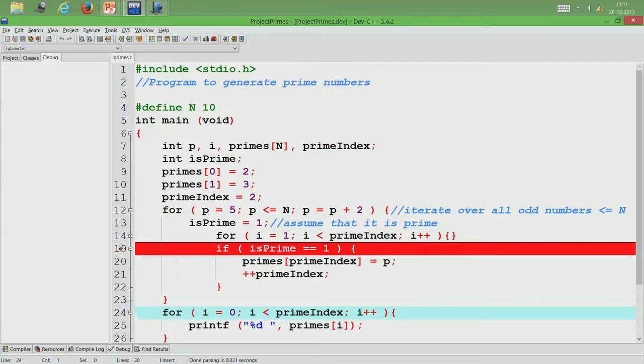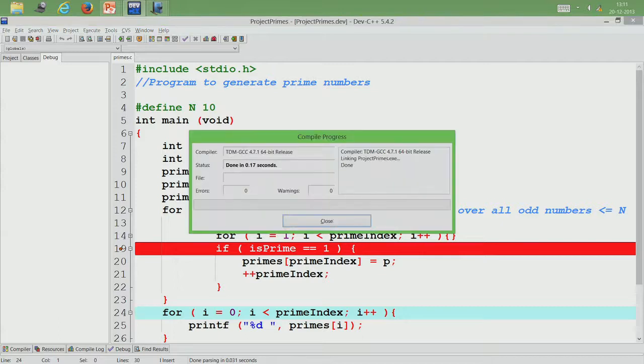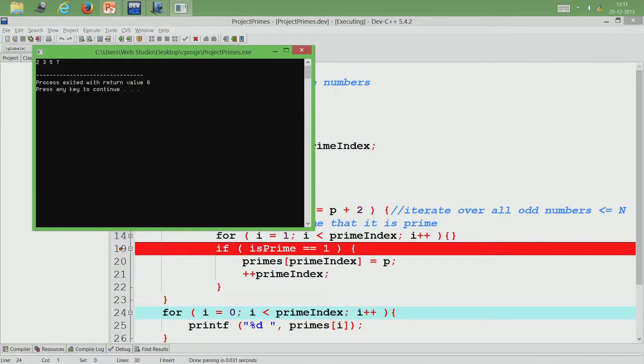I want to compile it, run it and show what it does. So, see that n is equal to 10, I am going to compile it. I see that there are no errors and I run it. You can see that I printed values 2, 3, 5 and 7, right. So, it does not have any number which is not a prime number.